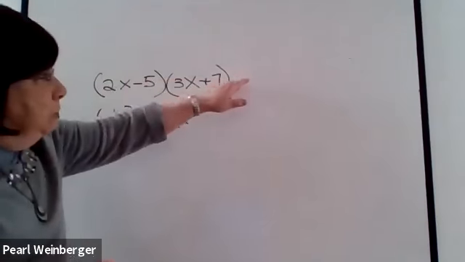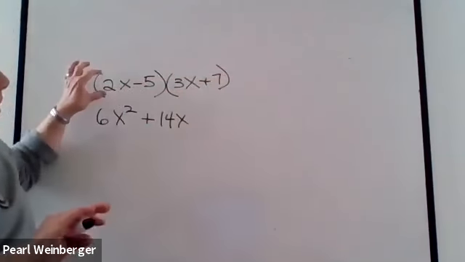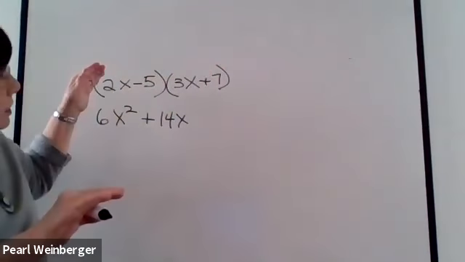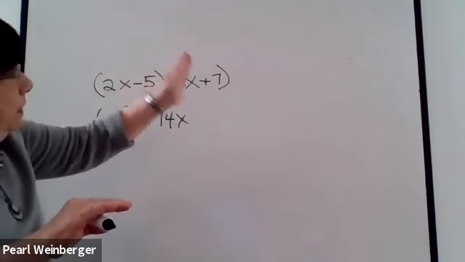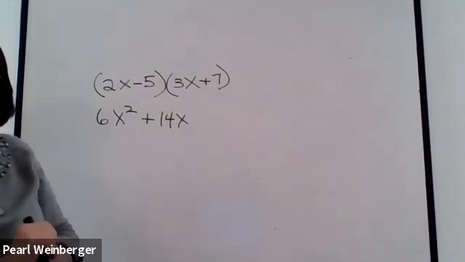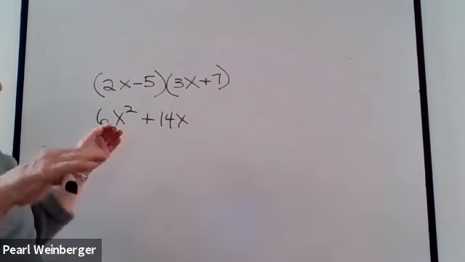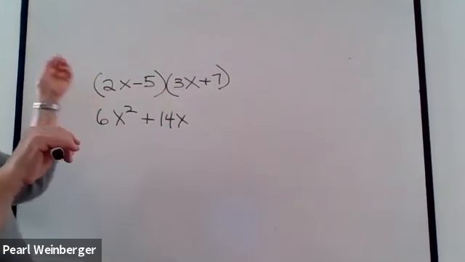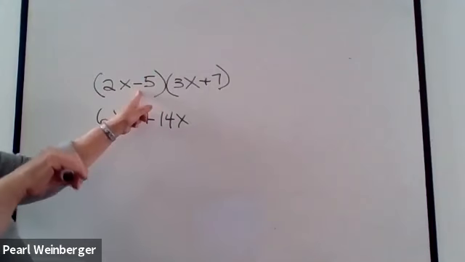If there was another term in this polynomial, I'd multiply the 2x by it. In other words, it doesn't matter how many terms there are. Take your first term and multiply it by every single term in that second one. Once you finish that, which we did, we multiplied the 2x by everything over here, go back to your first